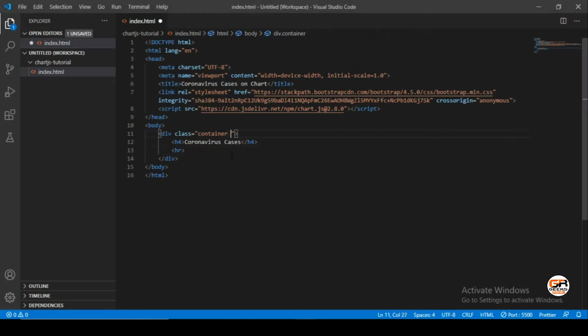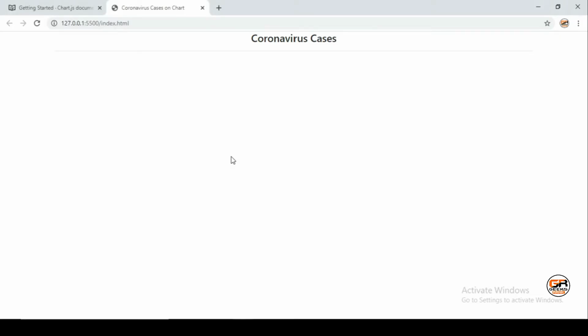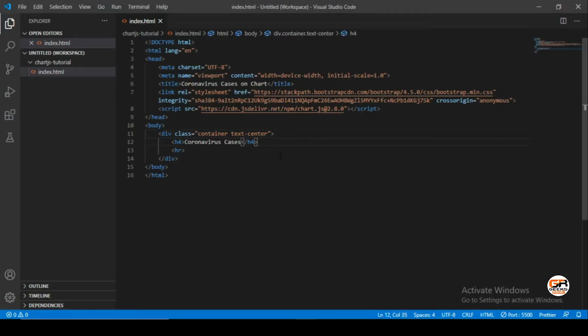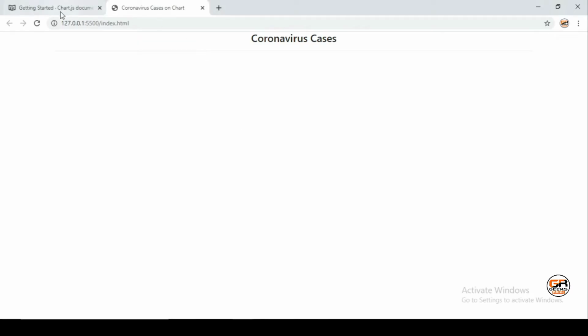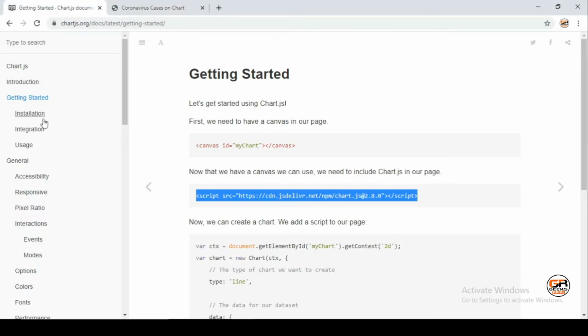Let me add the bootstrap class text-center to make it better centered. Yeah, it's good. Now we will create an HTML canvas tag. I will explain a little bit from the documentation how it works.